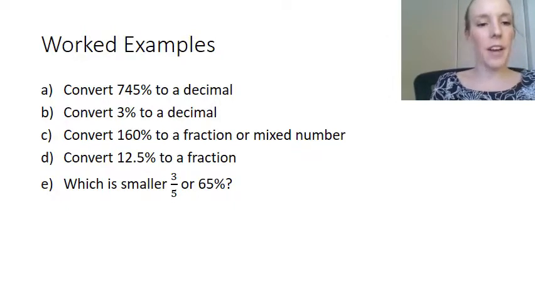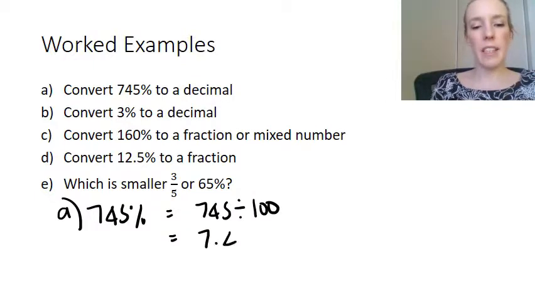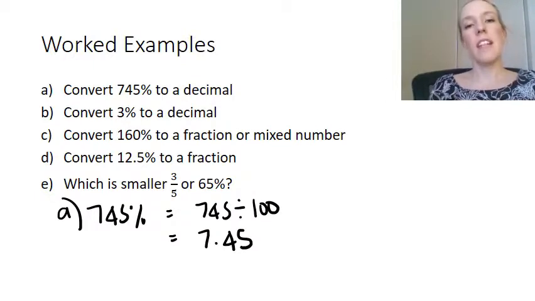I had to restart. So for A, we're going to convert 745% to a decimal. So we just have to divide 745 divided by 100. So shift our decimal place, 7.45. So you can see there it's greater than 1, but that's because we started off with a number that was